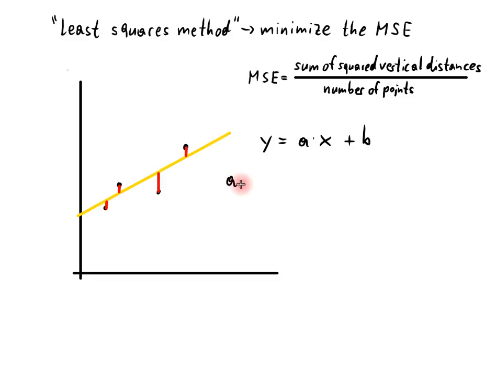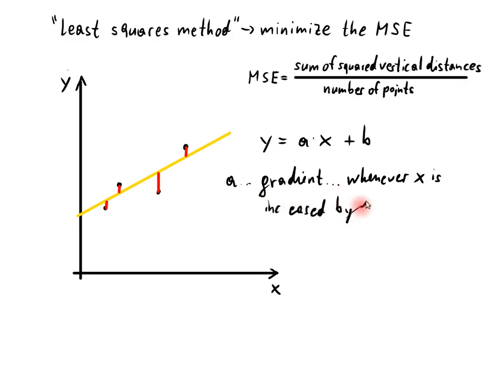So a is obviously the slope or gradient of this best fitting straight line, and if we try to interpret the gradient in a specific context, then of course we will have some variable measured on the x-axis and another variable measured on the y-axis, and the interpretation of the gradient would be that whenever the x is increased by 1 unit, if you increase x by 1 unit, then you expect the y value to increase or decrease, if it's a negative gradient,